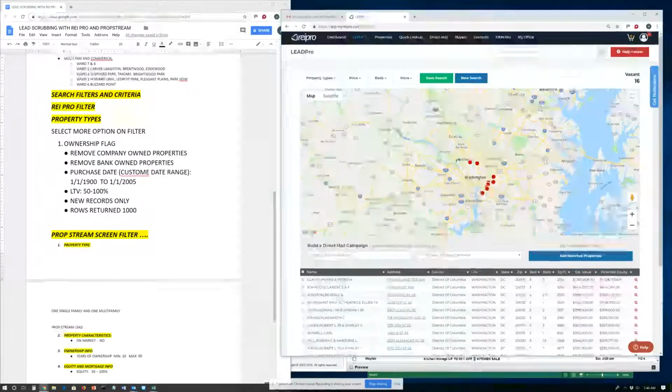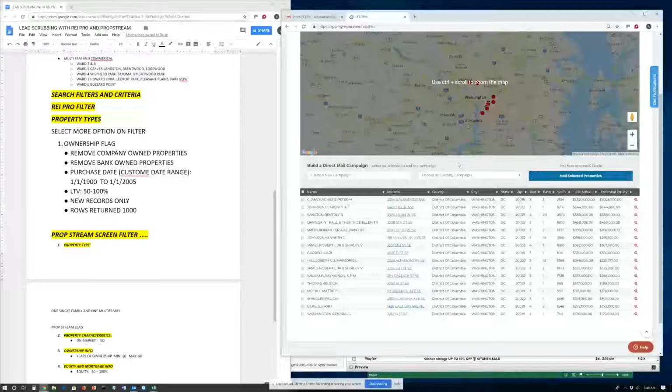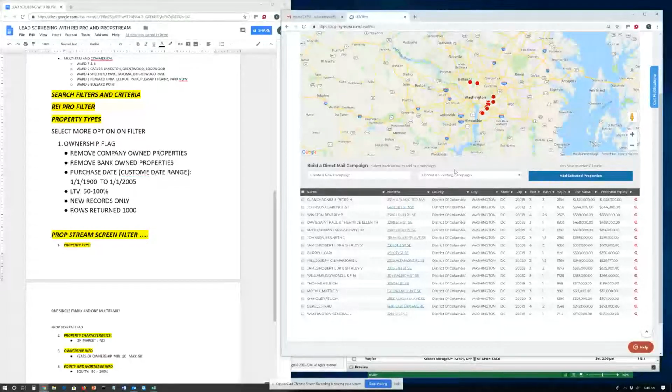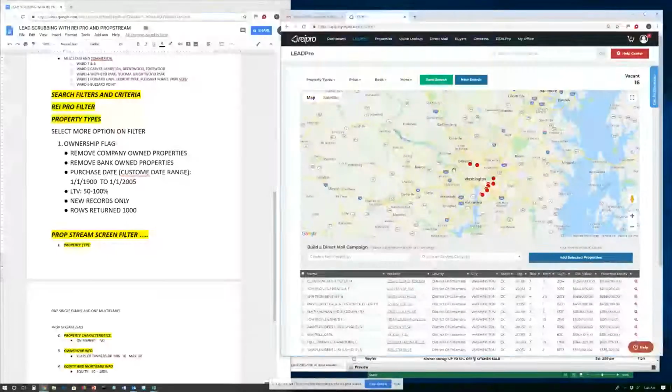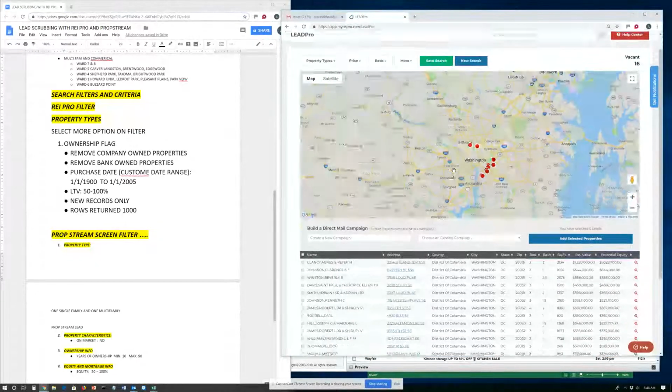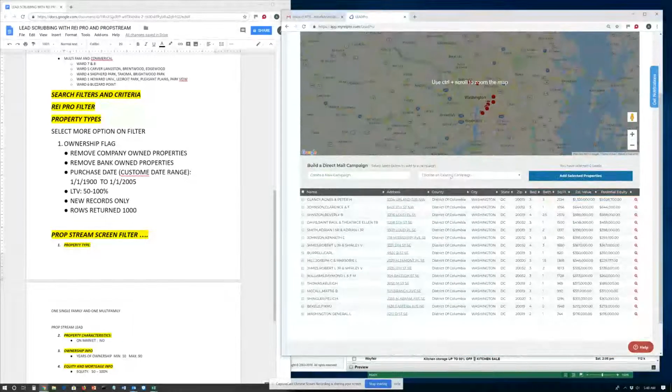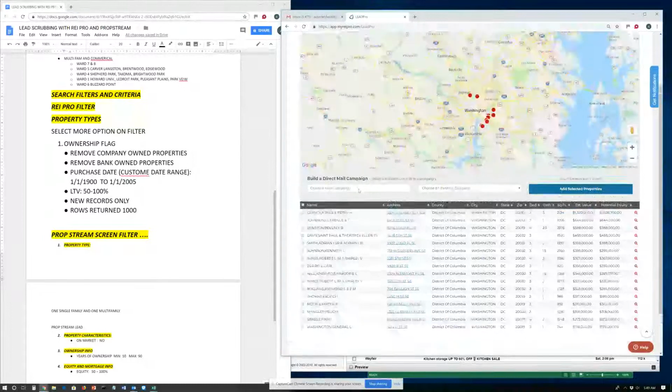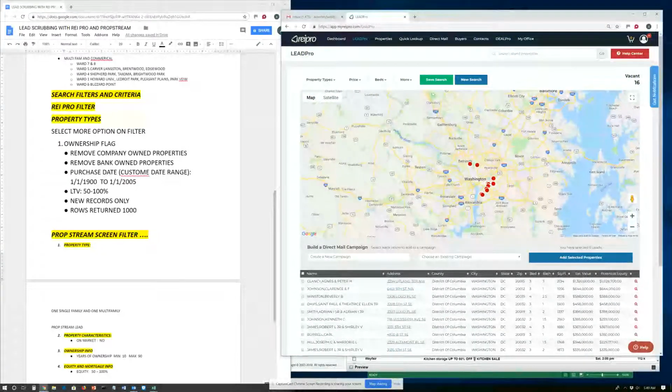Okay, so now you see there's only 16 that meet our filter. 16 that meet our filter based on that, which is a very small amount. So what I would then do, and we'll play with this a little bit, we may change the